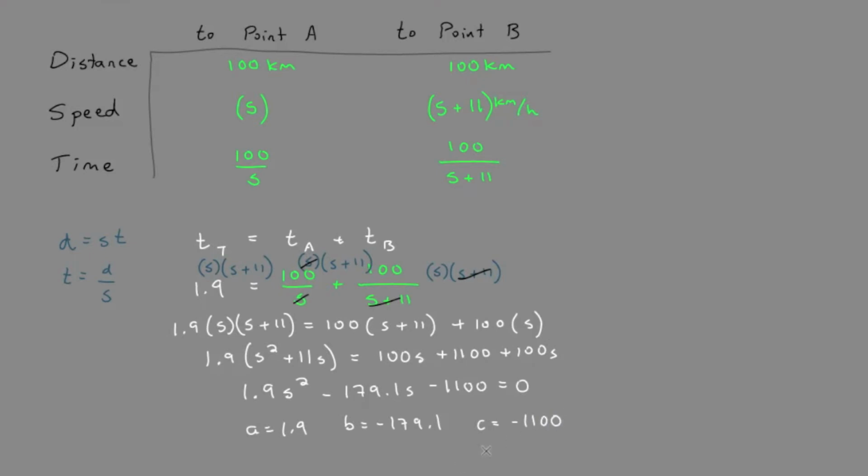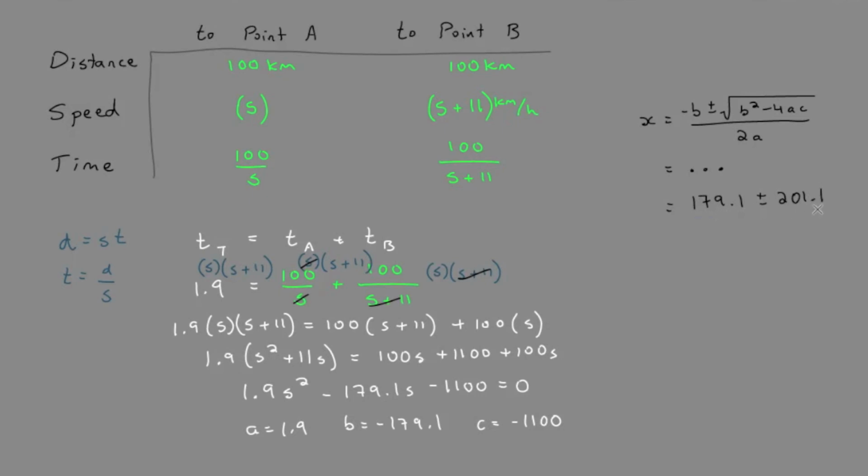Okay, so let's do that up here, substituting into the quadratic equation, negative b plus or minus the square root of b squared minus 4ac all over 2a. Plugging these numbers in, I think most of you guys are okay with at this point. So when we do this, we'll eventually reduce to 179.1 plus or minus